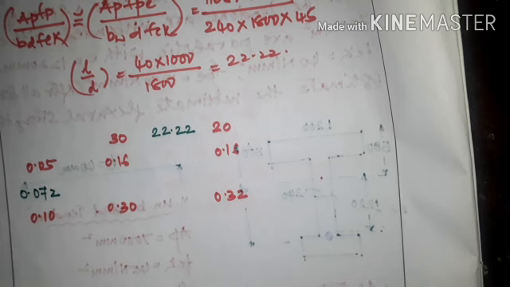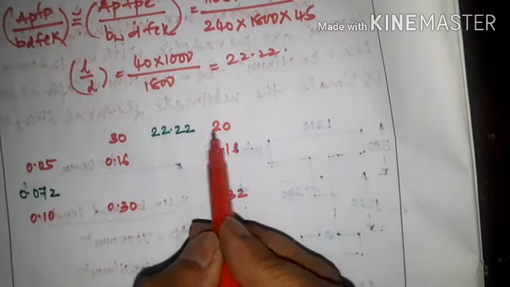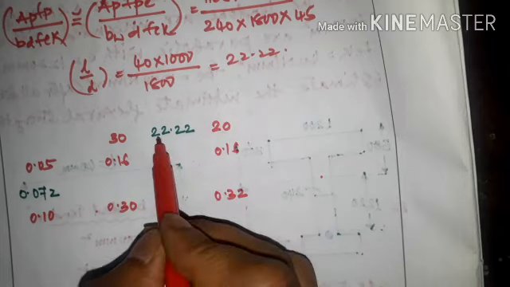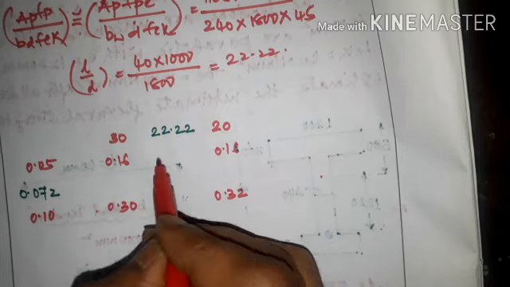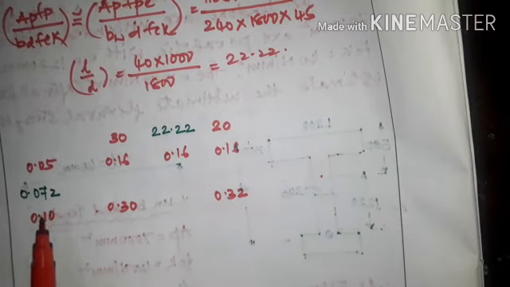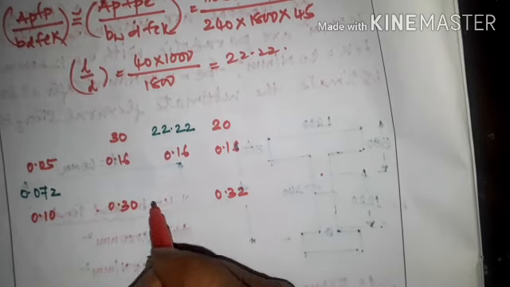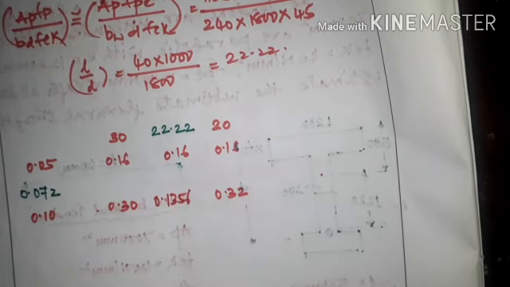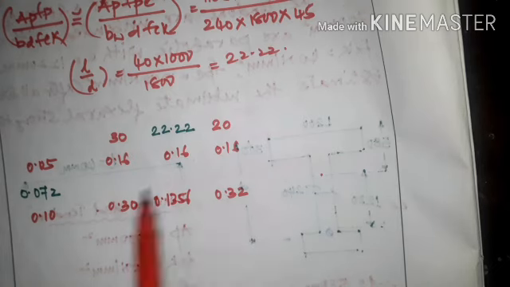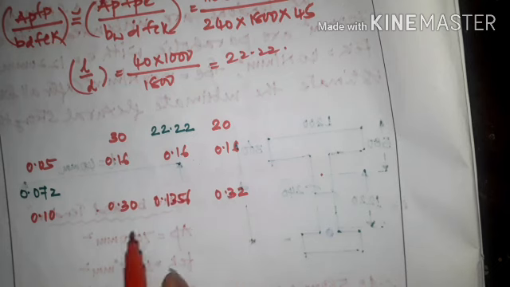Okay, so first of all we have to interpolate between these two for 30 and 20. In between 30 and 20, for 22.22 we have to interpolate. So in between these two, 0.16 and 0.16, this will represent 0.16 only because both are same. And for 0.3 and 0.32 we have to interpolate, so we will get this value as 0.3156. You will get this value for 22.2 again for this. So we got this.